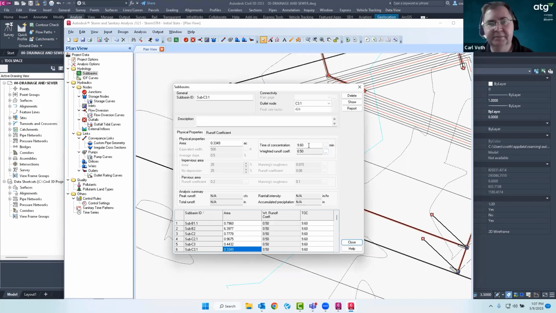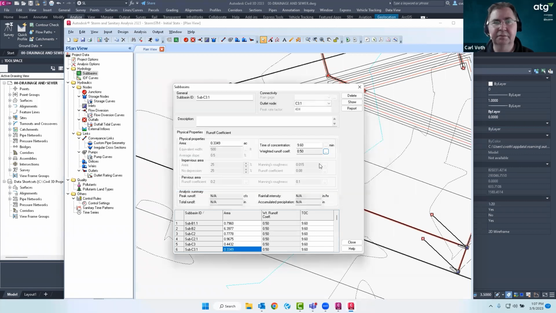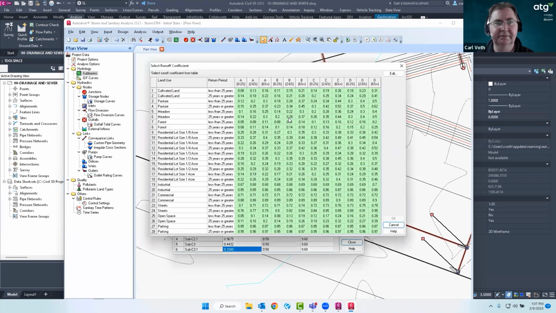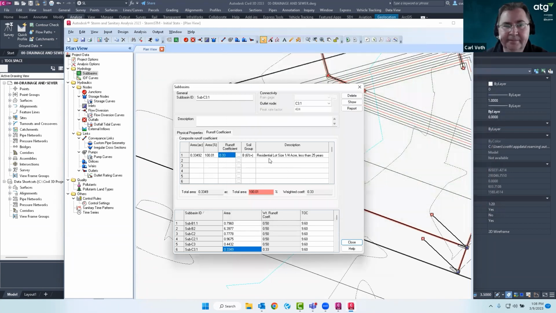Here in Civil 3D, we went ahead and gave it a time of concentration already from a user standpoint. And if we wanted to, we can come in and see what our weighted C on this one is. So we have a runoff coefficient of 0.5. We can also come in and manually change this runoff coefficient. And we can come through and look at our table here and see what we're using. So we're using quarter-acre lots, and we're going to run in a B-type classification for that. Change that to 0.33. And so here, now we've got our listed soil groups and our runoff coefficient for our